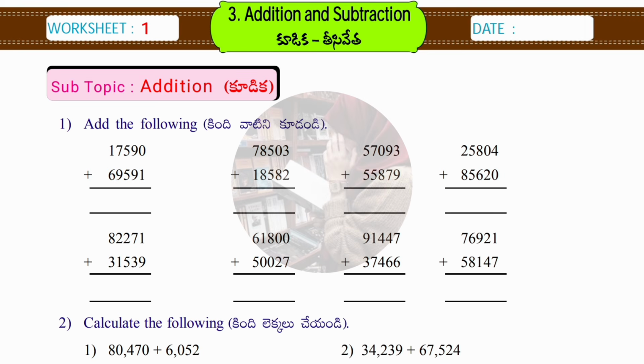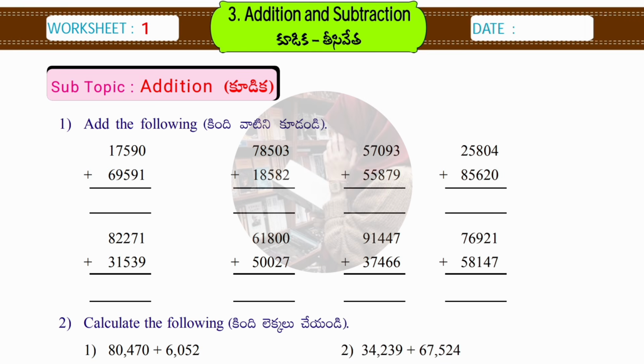Most of the students sometimes write the numbers not exactly below the upper number. They write it separately and make mistakes while counting. Don't do like that. Please always write it down from the ones digit itself. So let's see, guys, here the first number is